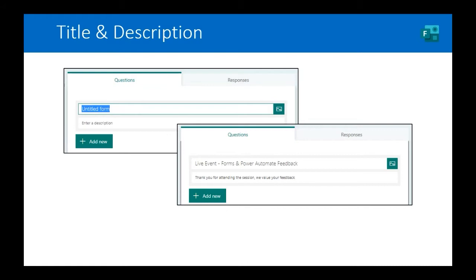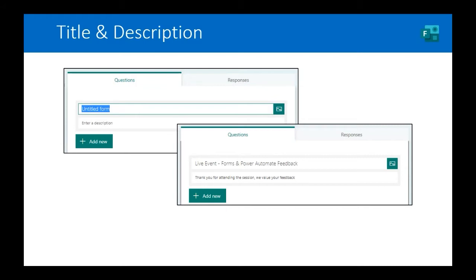First, you will give your form a title and a description, as you can see here. These 2 elements are important to inform your audience the purpose of your survey or quiz. And we recommend also including how long it will take them to complete the form. How many of us have gone into a link that says do this survey and we didn't realize it was 30 minutes? So is it going to be 5 minutes or 10 minutes for them to enter